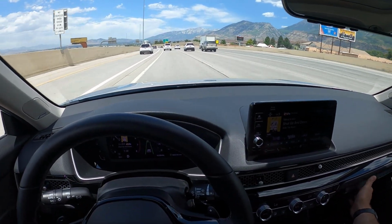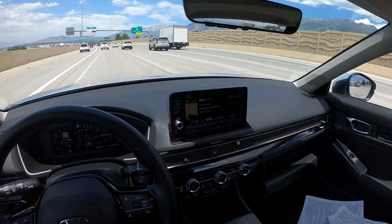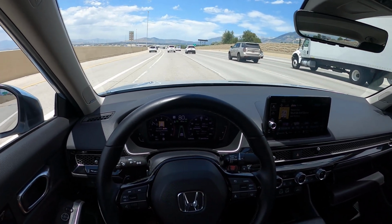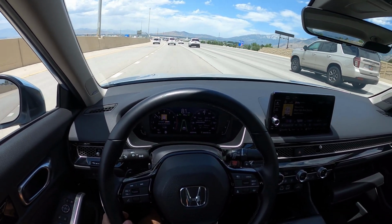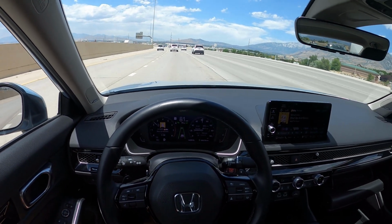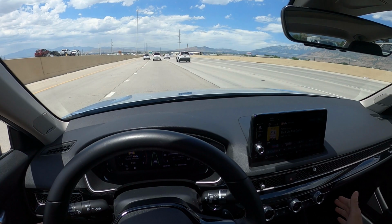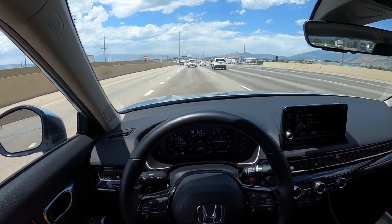I'm curious to see what the, I got this pamphlet in here. Oh my gosh, it is falling apart. Good thing we got all the safety tech. Again, don't try this at home. It's a professional driver on a closed course. So this is supposed to get 31 around town, 38 on the highway. This is what the window sticker says. Okay, look at that. Again, don't do that. Really stupid, but